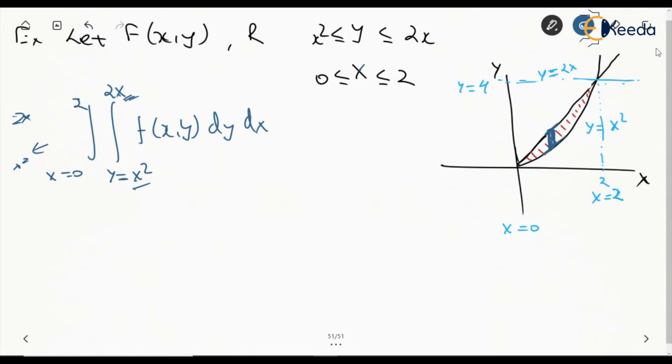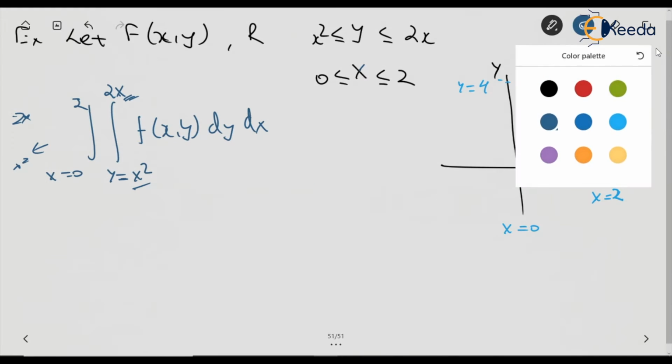And then this rectangular element which is giving the area has to be integrated or summed from x is equal to 0 to x is equal to 2, because it will start from here. All these vertical elements we are going to integrate, or otherwise we are going to sum up. So overall we are going to start from x is equal to 0 and end at x is equal to 2, right? Now we'll again take this area and we can see how we are going to change the order of integration and how we are going to take the elements.